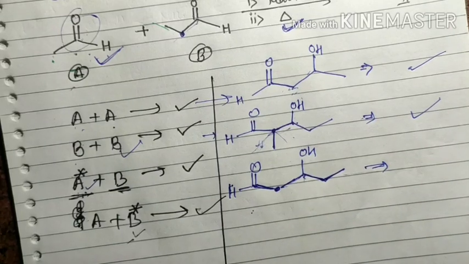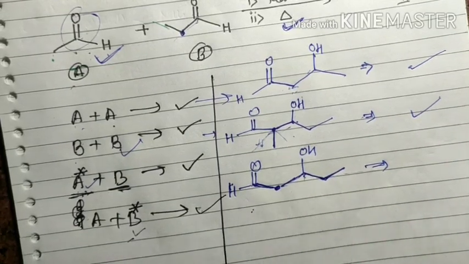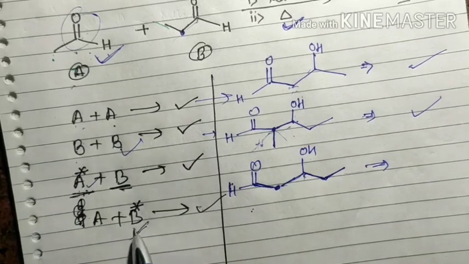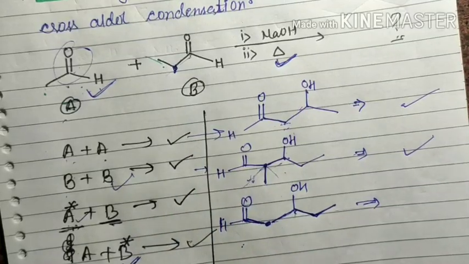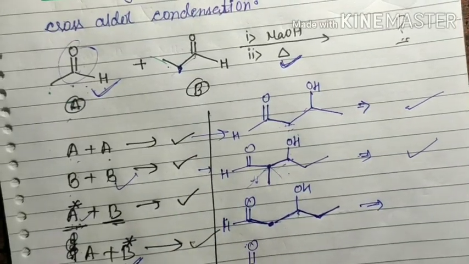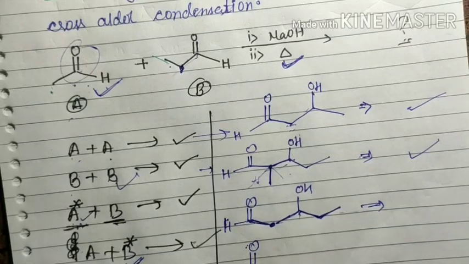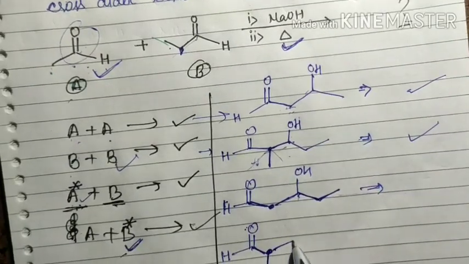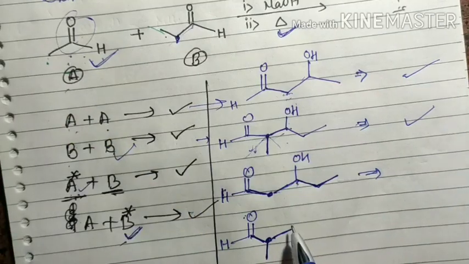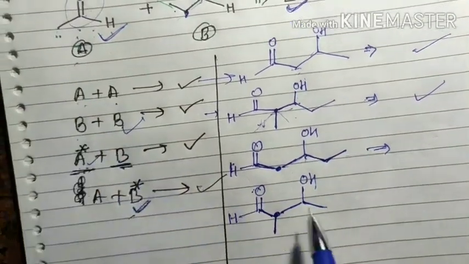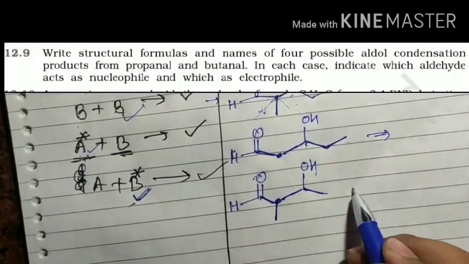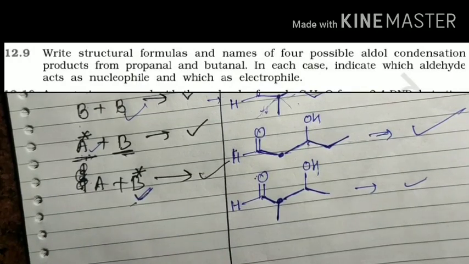The second one is that if B is the enolate, that means the enolate formation takes place here. B is the enolate, so I want to write the enolate first because the double bond will be retained on this system. If this system forms the enolate, it attacks the other one, that is, molecule A. So molecule A converts into the OH, and it is attached with only one CH3 group. So this is CH3, and after removing water you may write its second product also. So there are 4 types of products for cross aldol if both molecules have alpha hydrogen.